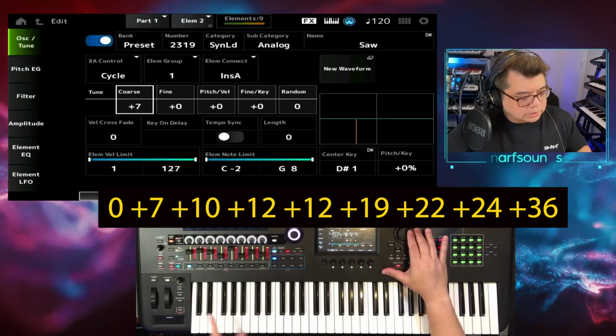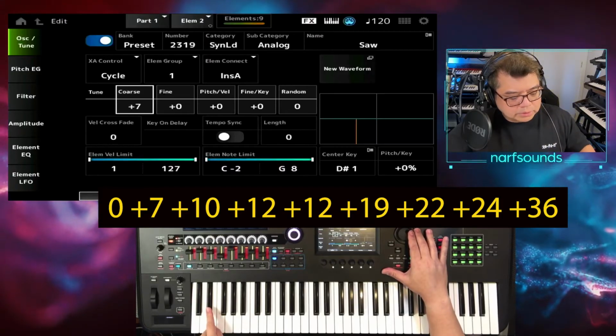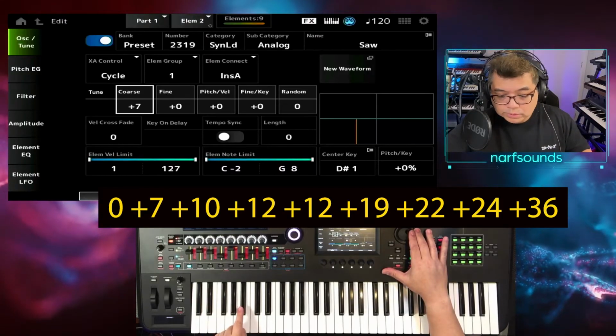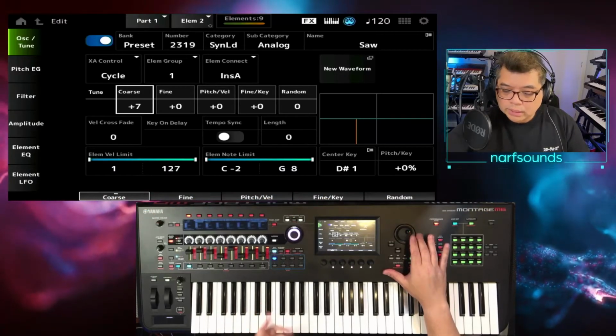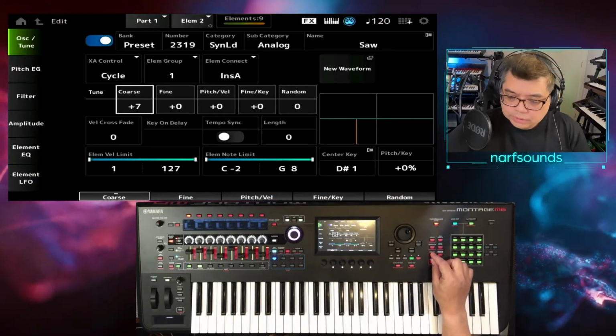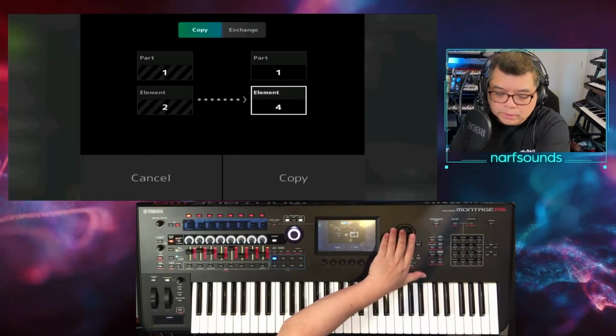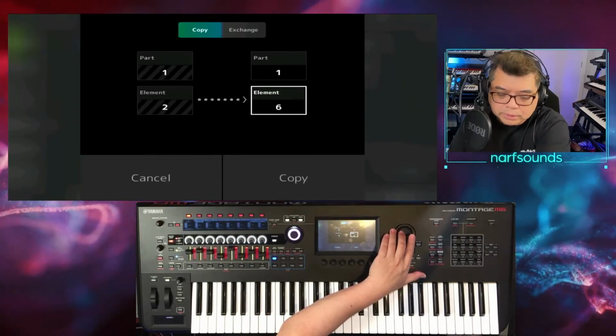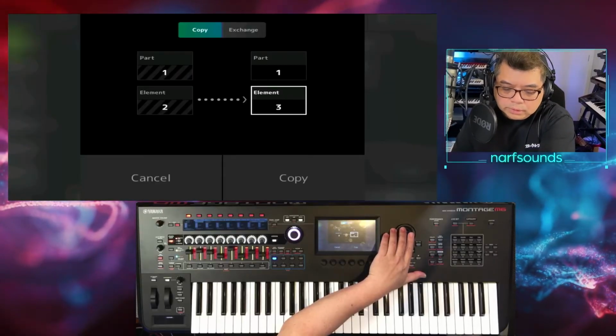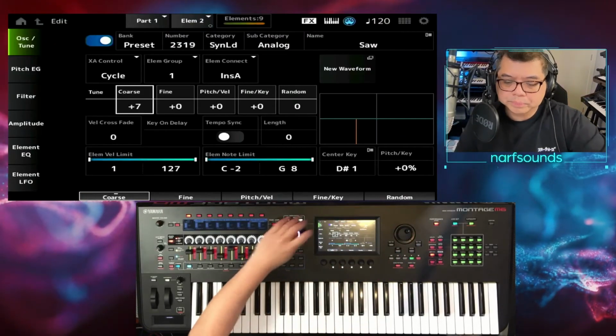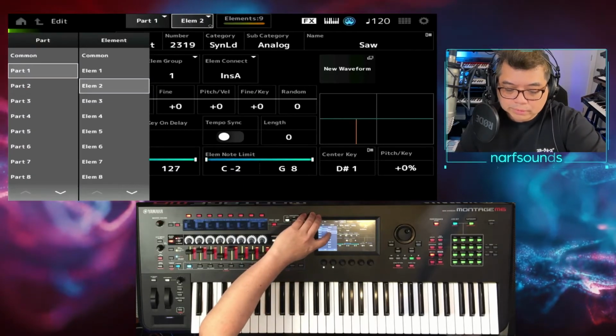So we started on the D#, and 7 semitones up from D# is this note, which is the next one. So now that's done, let's press Shift and Edit and copy element 2 to element 3. And I'll be doing this 8 times. So element 2 to element 3, copy, make sure I'm in element 3,